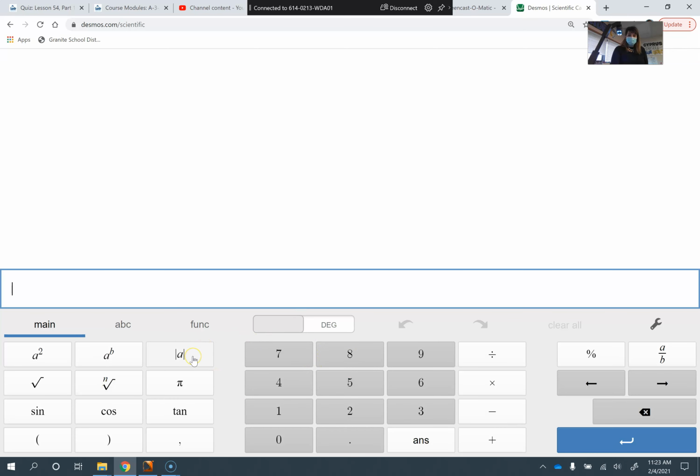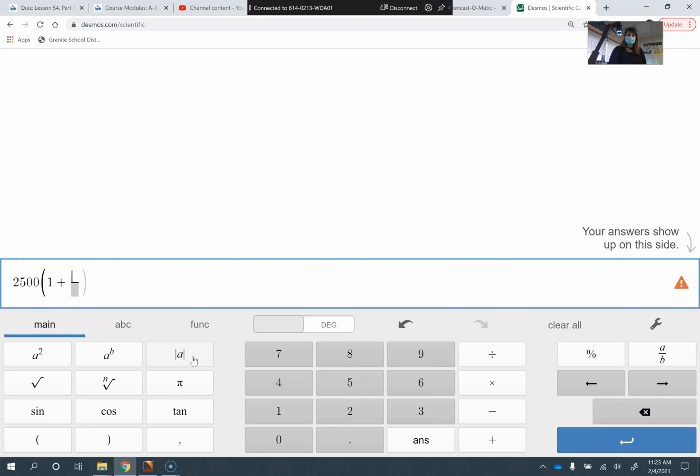So we're typing in 2500, parenthesis, 1 plus. Now hit your backslash to get a fraction. 0.06, arrow down, 12. Arrow out, end parenthesis. Now you do shift 6 to get up into that exponent. And let me see if it'll let you type in 12